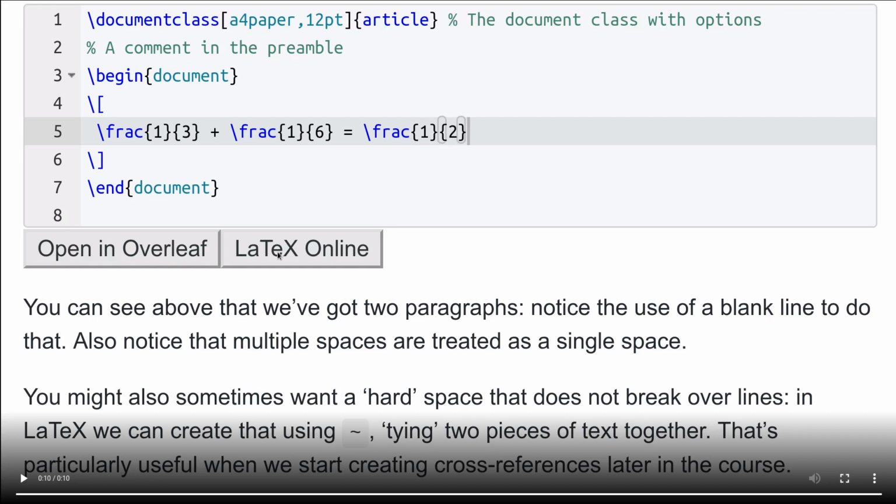So I'm going to move on to how we solve this problem. To remind you, this is where we got to. We've entered the formula and we have to do something for the compilation to take place. We have to move our mouse or cursor and click on the LaTeX Online button or the Overleaf button. But before we do that, perhaps a few words about thank yous. So the LaTeX Online button